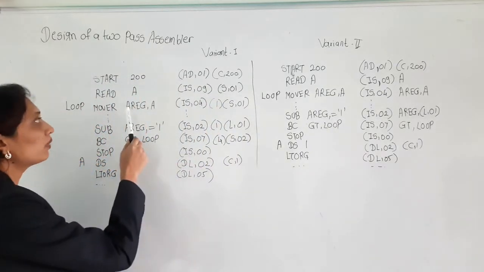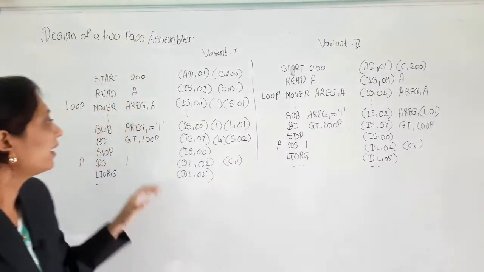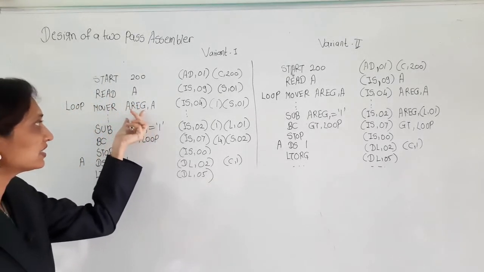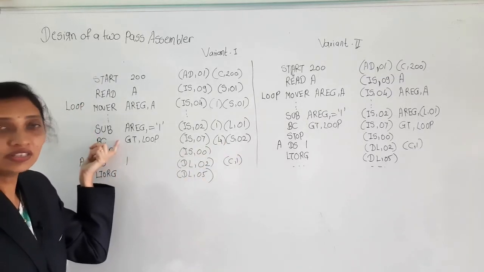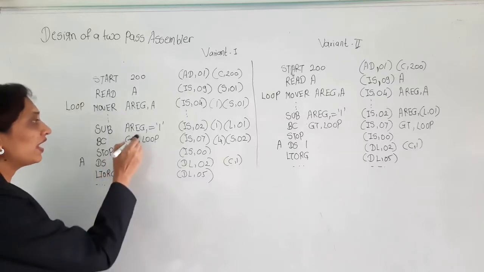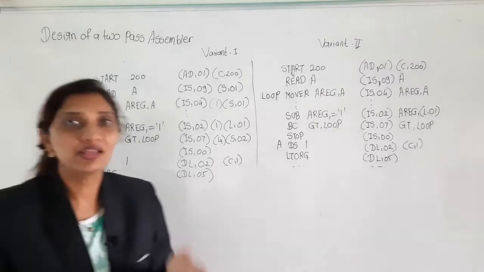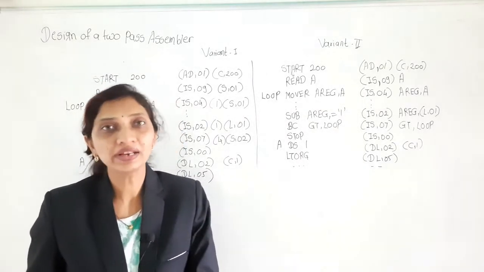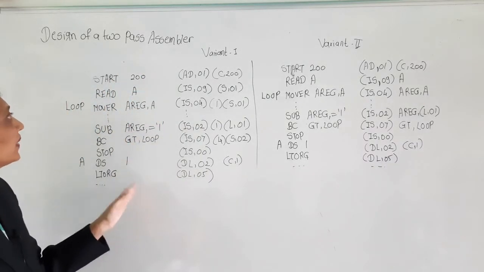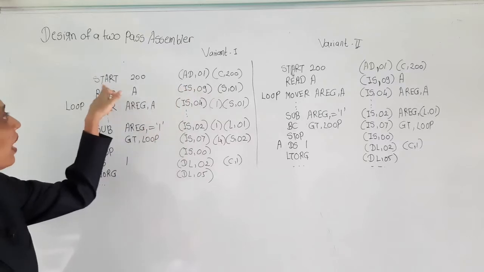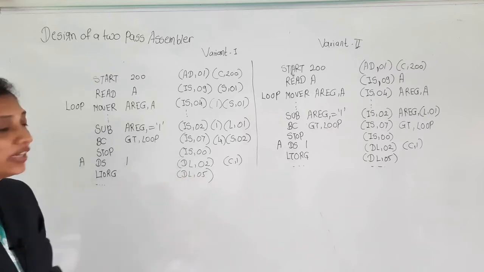Now the first operand means your register. A register contains a value 1 to 4, and if it's a branch on condition statement, then the value is from 1 to 6 to represent less than, equal to, greater than or equal to, and any condition. Now if we consider this code, we will see how the pair is represented in machine form, means in the intermediate code form.